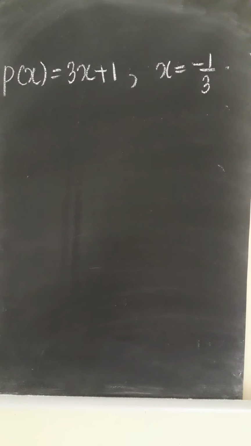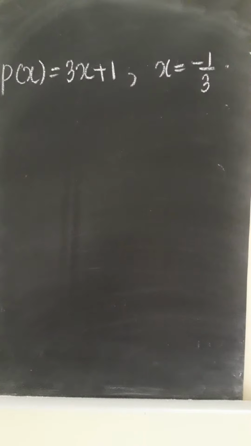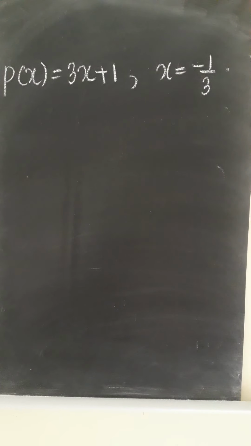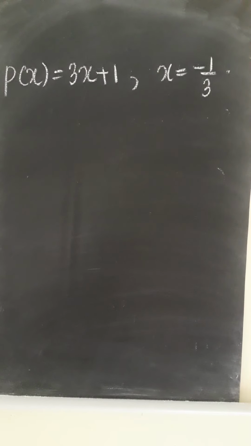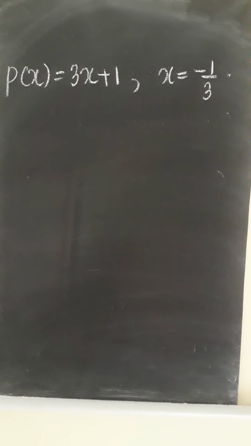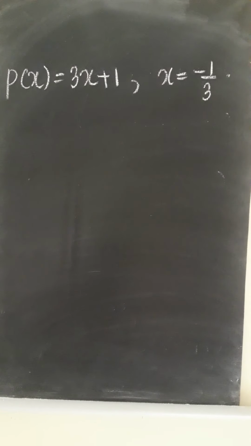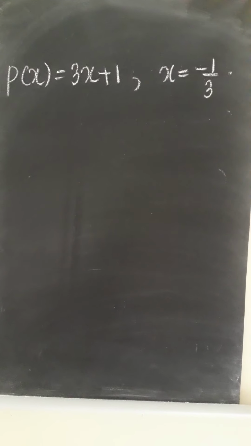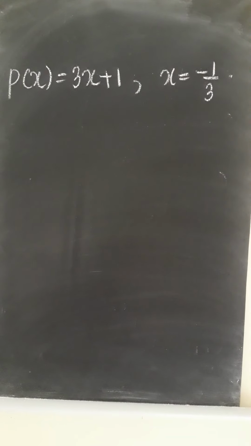So first you should know when we can say that it is a zero of this polynomial. If the value of the polynomial is 0, then we can say that it is a 0. Here you have to check x is equal to minus 1 by 3. Okay, so first you find out P of minus 1 by 3. Okay, what is that? P of minus 1 by 3. And suppose if the answer is 0, you can say that it is the 0 of this polynomial.